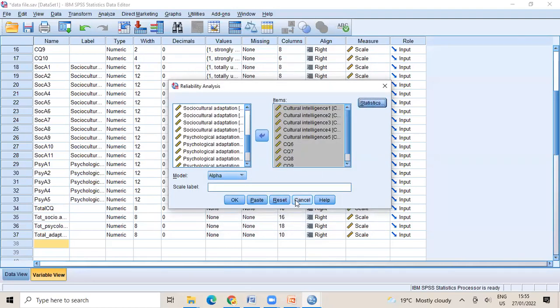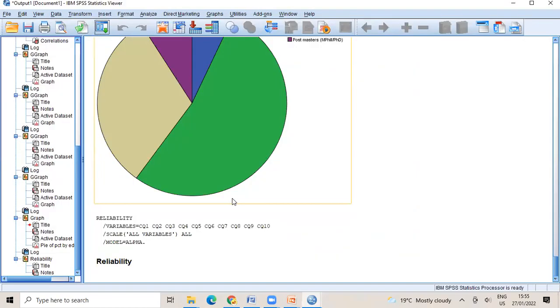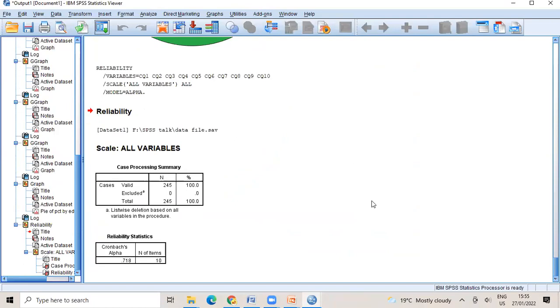Anyways, unfortunately, I cannot really take a lot of other questions from you all. But what we can do is, if you want, please write to me. So for your question, see, this is the Cronbach's alpha that we have just calculated. 0.7 is the reliability, right? So it is acceptable.